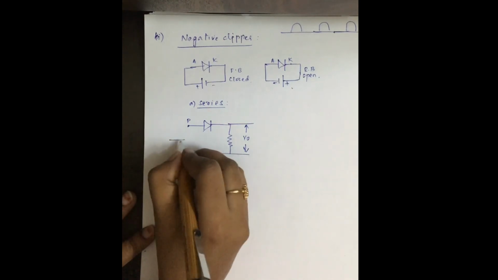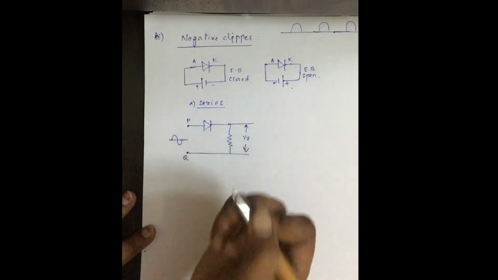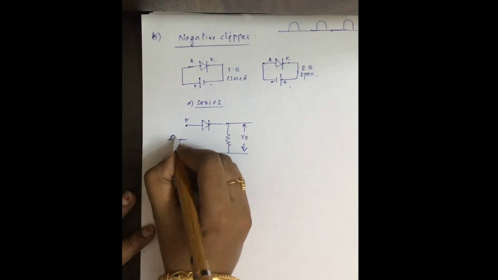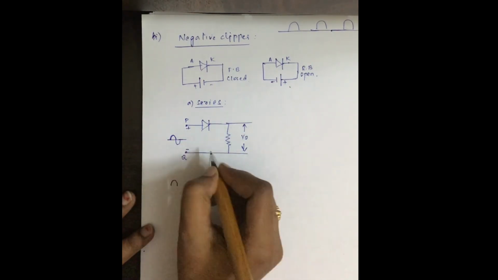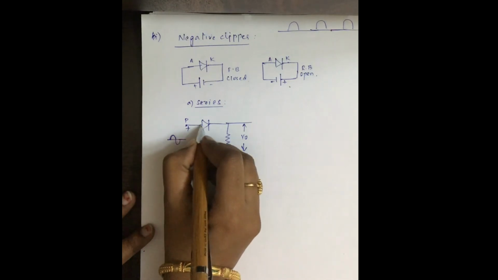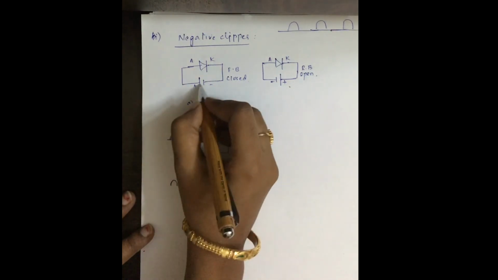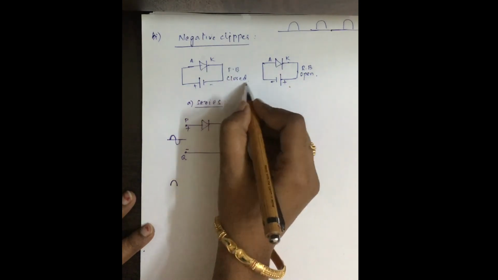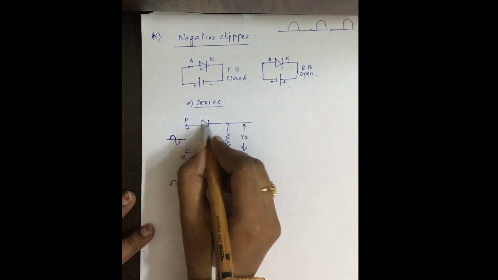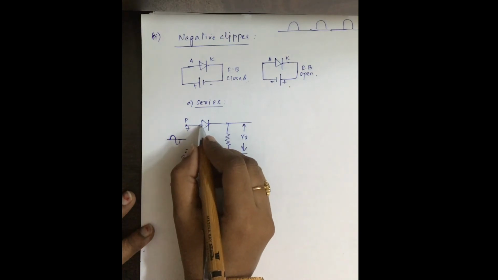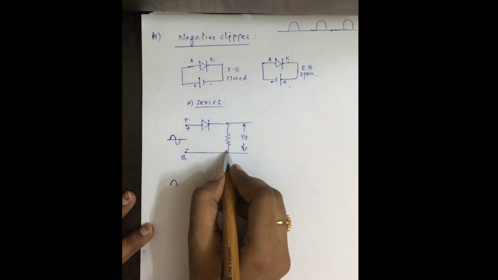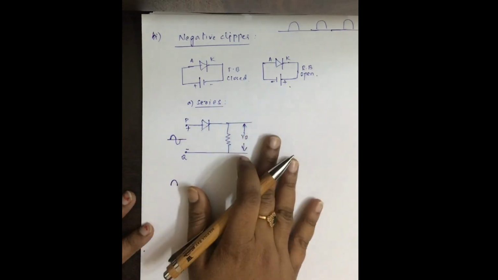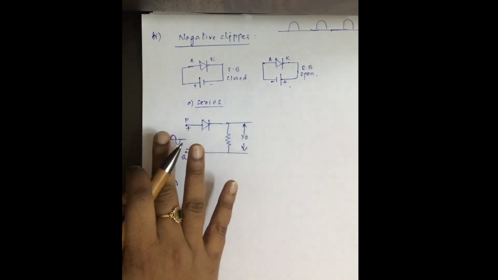Let's see how. You are giving an input signal. First you are giving positive. When the positive cycle is given, P becomes plus and Q becomes negative. So positive is applied to the anode, which means the diode is forward biased and the diode is closed. When this is closed, the current flows through the diode and then to the resistor. You are taking the output from this resistor, so the entire voltage you will get as such